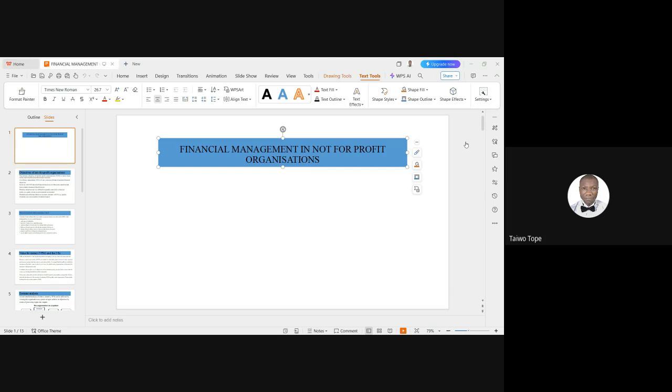So now, looking at financial management in not-for-profit organization, the word not-for-profit has actually shown what they are out for. It shows they are not out to make profit. So it will look so childish for me to ask you what that organization is. So a not-for-profit making organization is an entity,